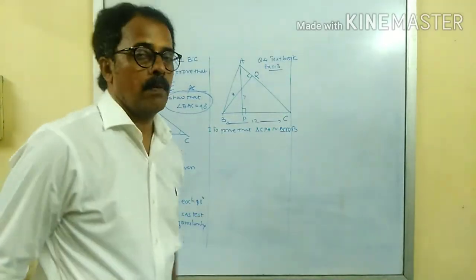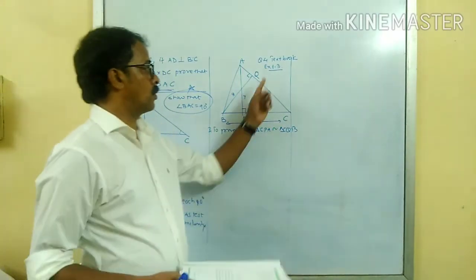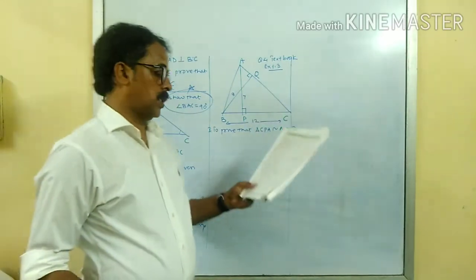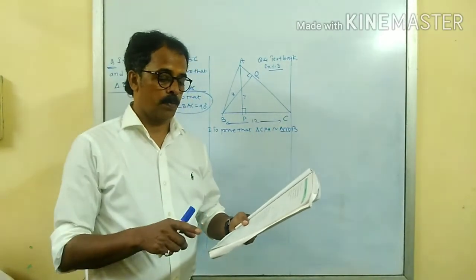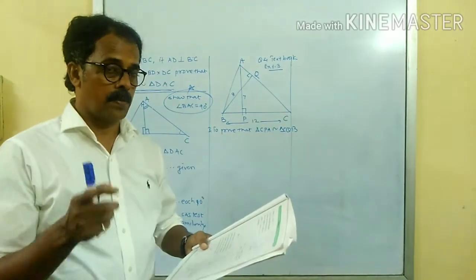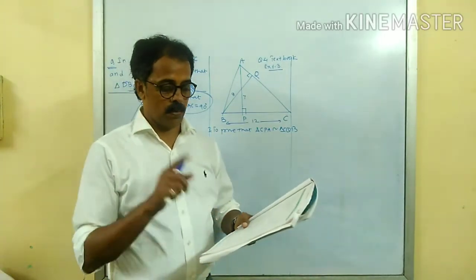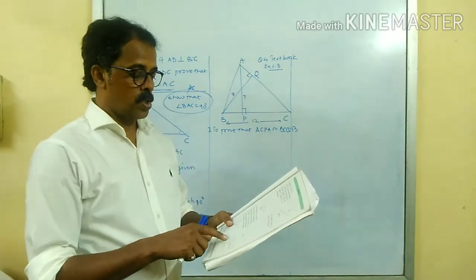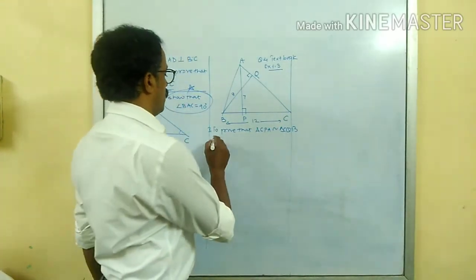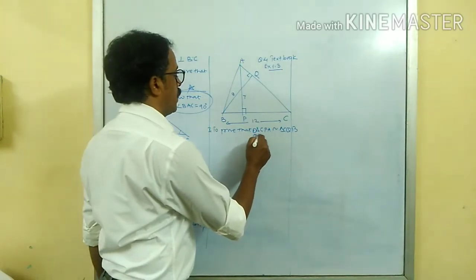Okay, we have considered question number 4 from your textbook, that is exercise 1.3. The question was: in triangle ABC, segment AP is perpendicular to BC, BQ is perpendicular to AC, B-P-C is the betweenness condition, A-Q-C betweenness condition. Prove that these two triangles are similar first, and then they asked you to find out AC. Okay, the second question was to find AC.